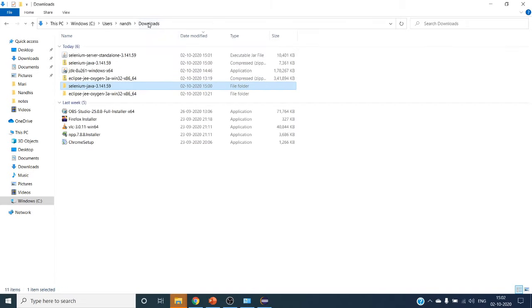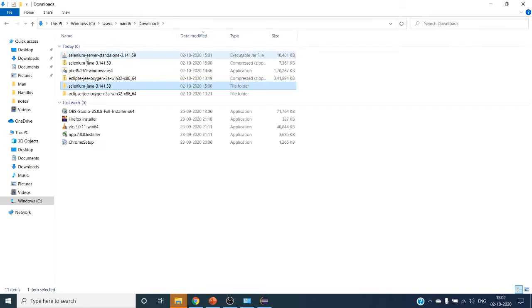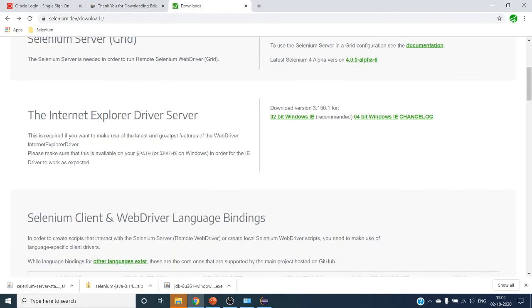If you don't want all these seven jars to be added, you can just add this single jar and you can work on it. All these jars are available in this Selenium Java jar, it is the same. All the classes and files will be there in the single jar file itself. So there is no harm in using either Selenium Java 3.1.4 or the Selenium Grid Selenium Server standalone file. Everything works fine. So this is how we have to install Selenium WebDriver.